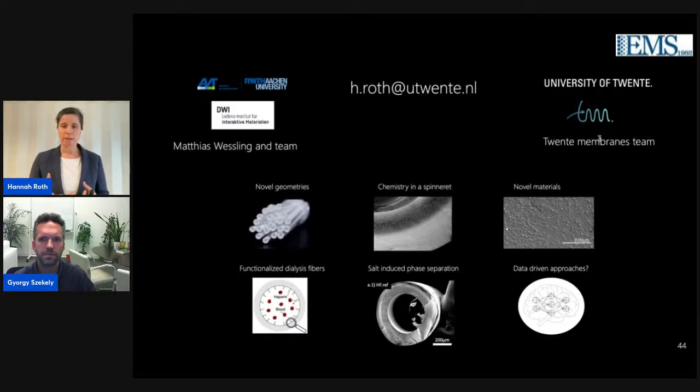So first starting making a porous support, and then in the interfacial polymerization case, soaking it in one component, then the other, then washing it again. So by putting all of this into one single step, of course, there can be a lot of time saved